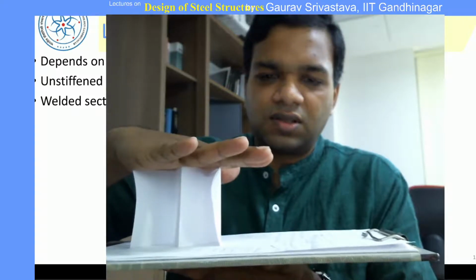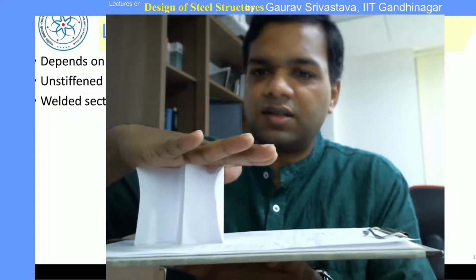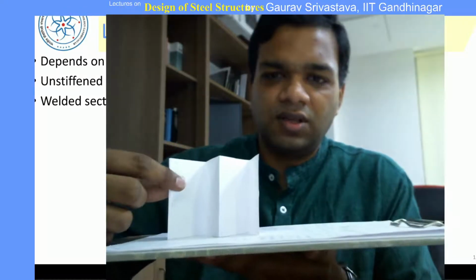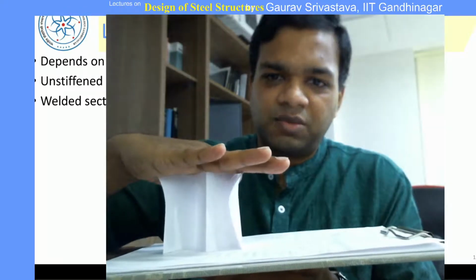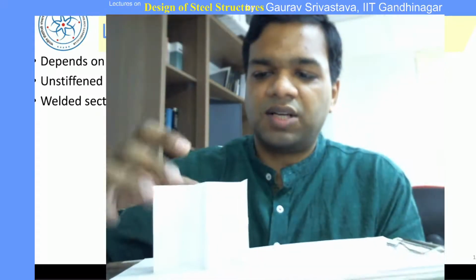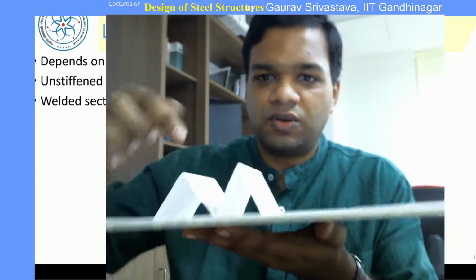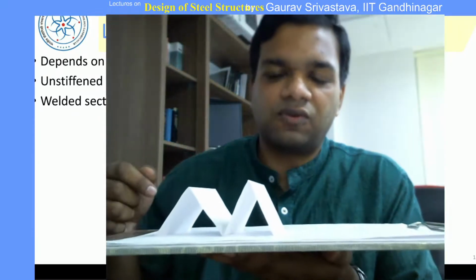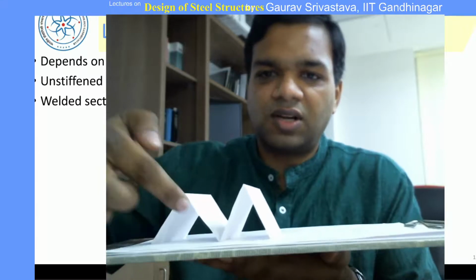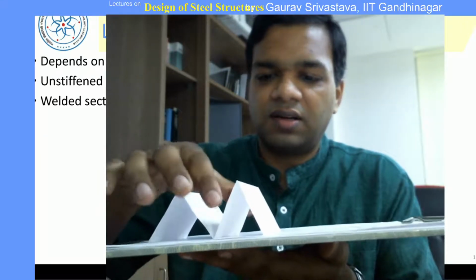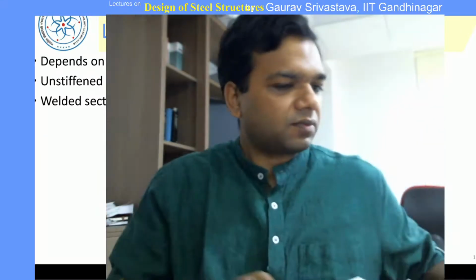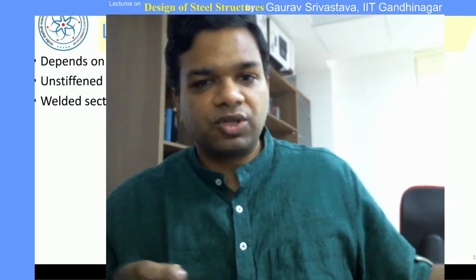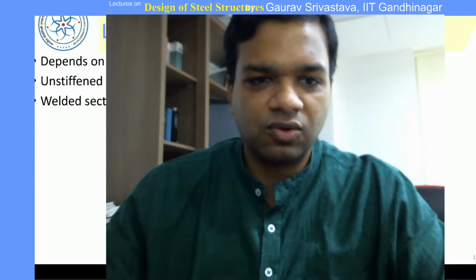And one more thing that can be seen now is that the extreme portions, this one and this one, are actually still susceptible to local buckling, but this portion and that portion are now not susceptible to that much local buckling. Okay, primarily because this is now being supported by this member and that member, right? So the portion of a member which is supported by another portion will be less likely to undergo local buckling.